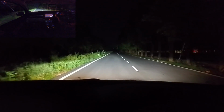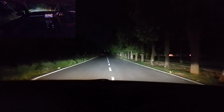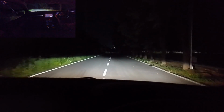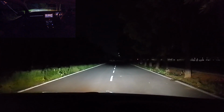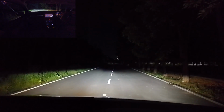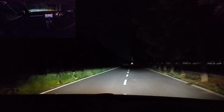High beam. Well, the headlights are indeed brilliant. Oh, let me check the headlight leveler as well. Okay, here it is. I hope you can see that. Perhaps not, but let me. So this is at its lowest, this is at its furthest, and